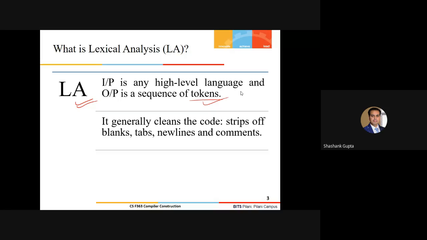It strips off the blanks, white spaces, new lines, comments. Lexically, I don't need these things. Simply remove them. Otherwise, either you remove them in your test cases or I'll remove them from your source code. Fine. So this is again one important activity the lexical analyzer completely disregards.